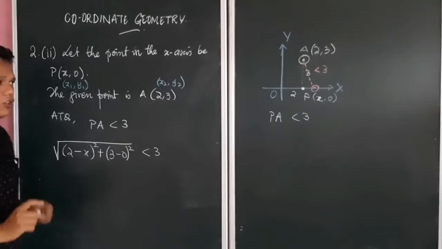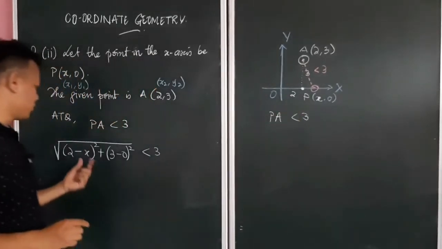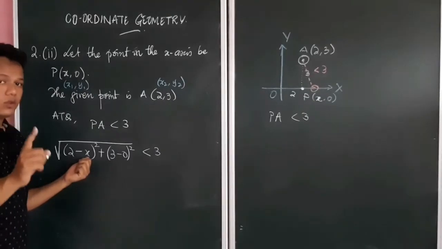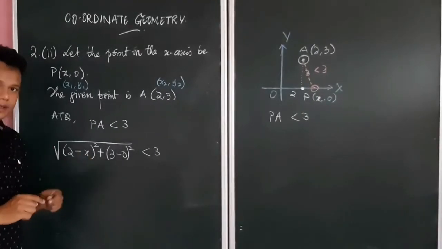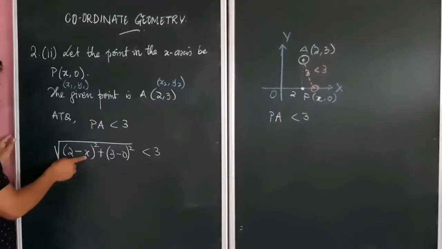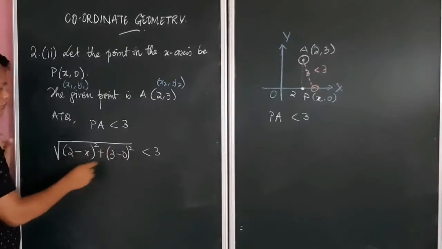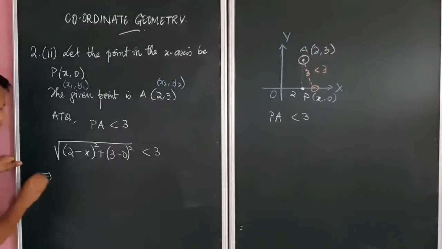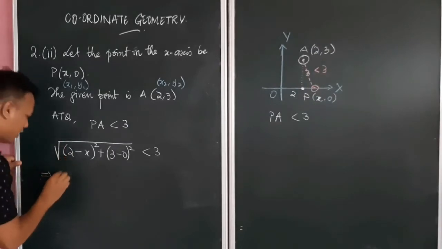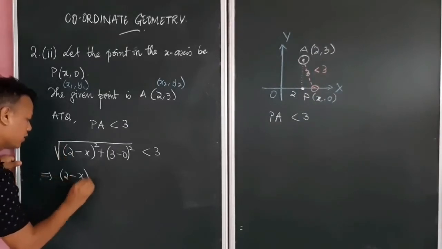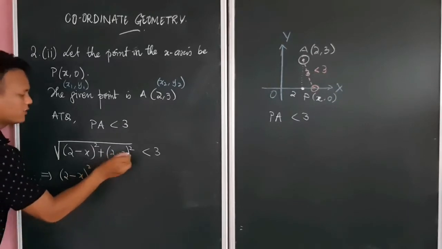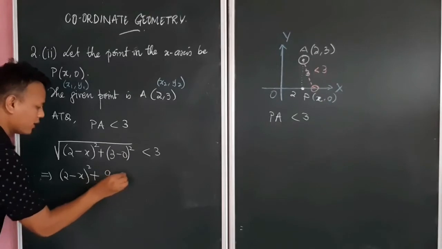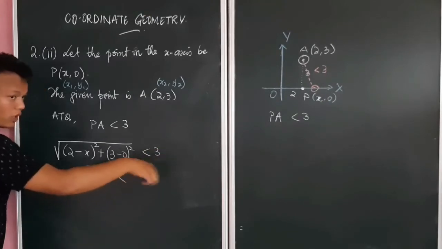Okay, and we need to find the value of x out here, right? Because the only unknown I can see from here is x. So in order to find x, let us square both sides, because there is a square root sign here. If I square both sides, what do I get? We have (2 minus x) whole square plus (3 minus 0), which is 3. So 3 square is 9. So 9 is less than, again squaring both sides,